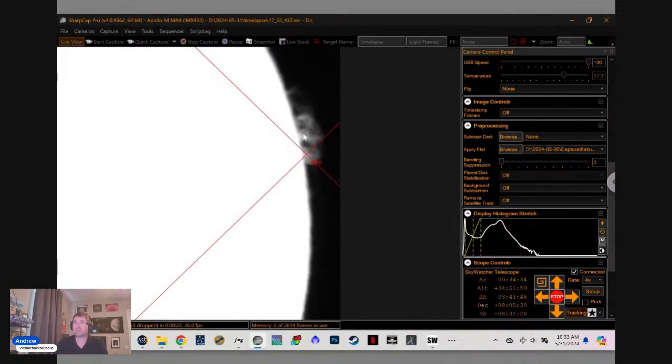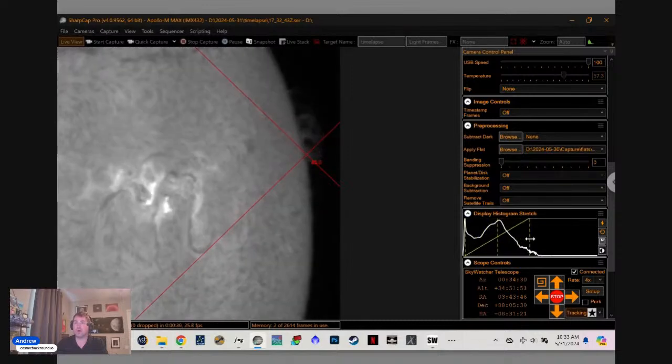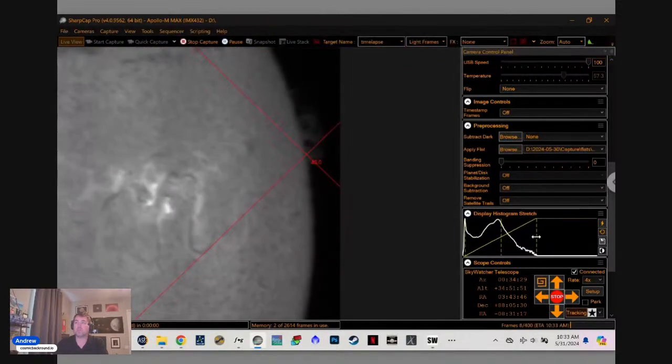So that right there is probably like 4 or 5 Earths tall. Just to give you an idea of the scale here, the scale is wild. And then these prominences, when they're seen from the top down, I guess you could say, or just visible against the disk of the sun, as opposed to against the blackness of space,